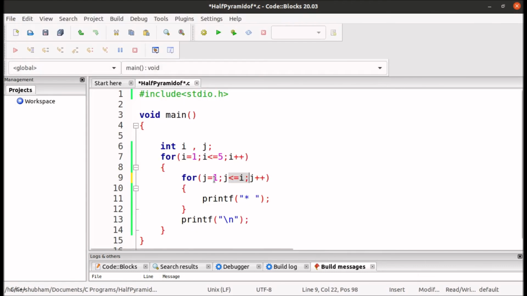For j equals 1 it will print 1 star, and then the value of j will increase, and it will check whether j is less than or equal to i. The value of j is 2 and the value of i is 2, so the condition is true, so it will again print a star, and then the value of j will increase, it will become 3, and 3 less than equals 2 is false.